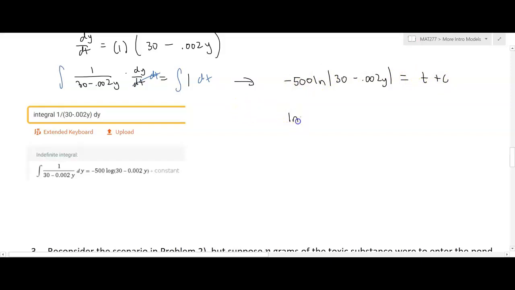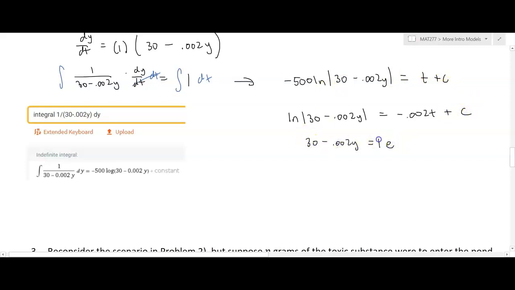So that will leave me with natural log of 30 minus 0.002y equals, so this will be negative 1/500th t, or negative 0.002t. And then when I divide c by negative 500, that's an arbitrary constant divided by a constant, so I can just leave that as plus c. Now I'll exponentiate